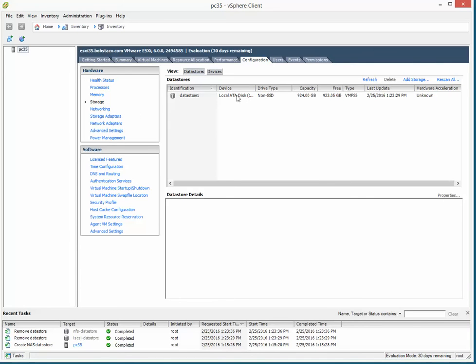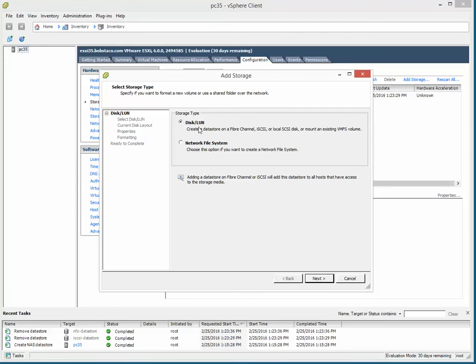Here you'll see our existing data store. This is the local hard drive, and it was configured as a data store. 100% of its space was configured as a data store when we installed ESXi. To add additional storage space for our iSCSI, we're going to go ahead to add storage. Gives us a choice. We're going with a LUN, and this other choice we'll come back to when we do